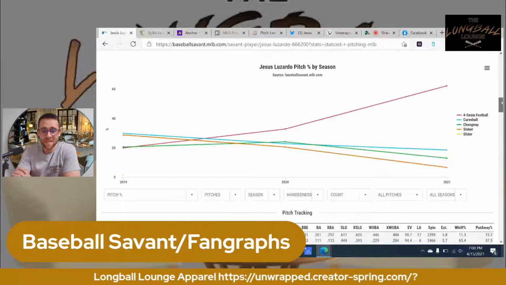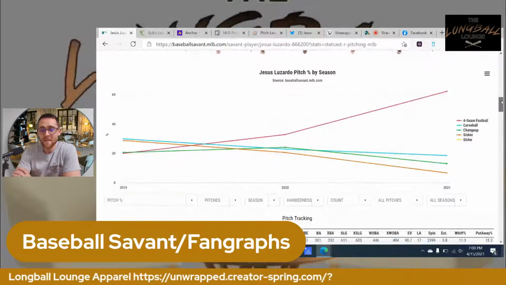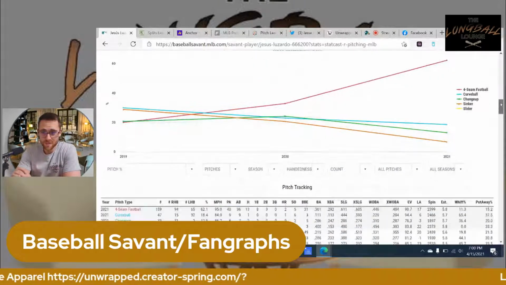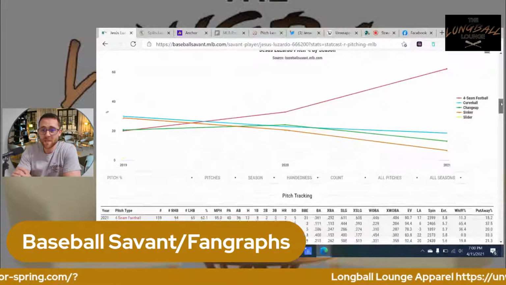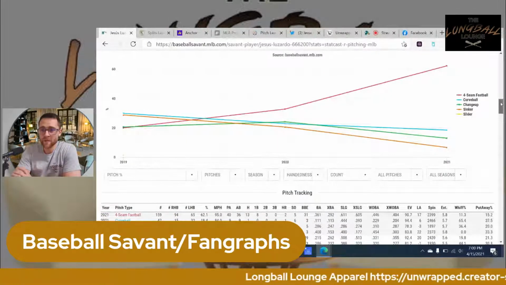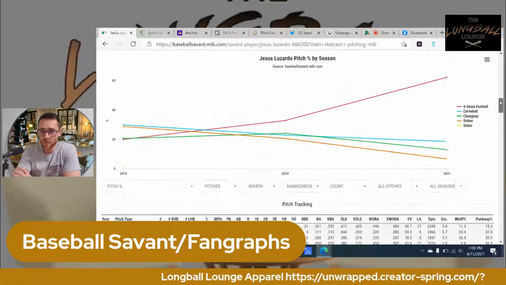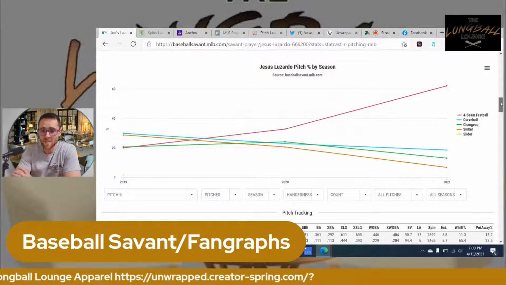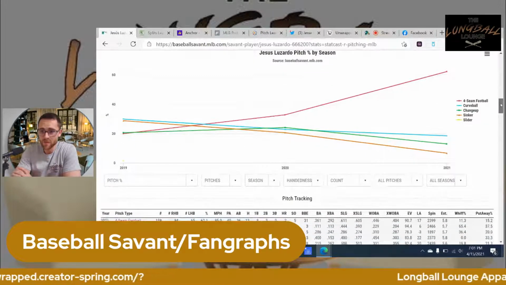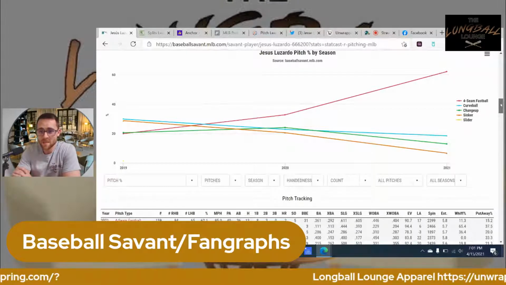That's it, guys. I think that's what is giving him issues. I think his pitch mix is, he's throwing way too many fastballs. And when over 60% of your pitches are fastballs and you're peppering the zone, it's going to get hit hard. Major leaguers know how to hit a fastball, guys.